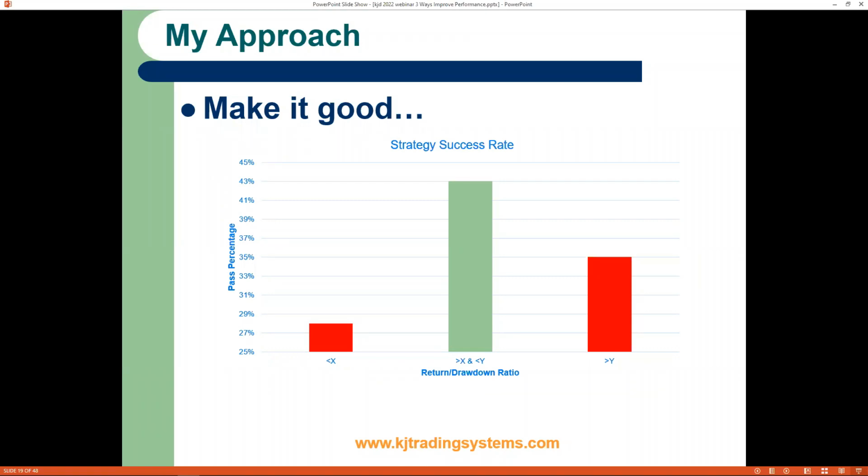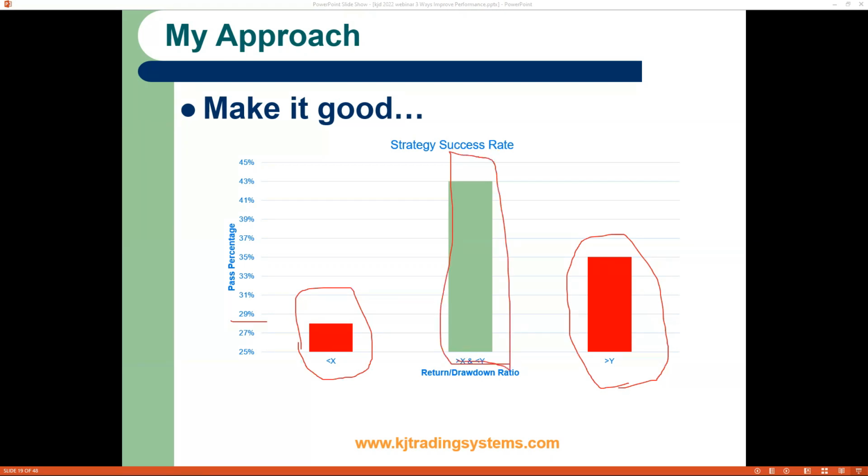So you want to have it something good, but if it's too good, it kind of implies or indicates you could be overfit. You could have backtested too much. So here's what the data shows. Below a certain threshold value, which we'll call X, right here, you get about 28% of your strategies to pass. And if it's above another, higher value, we'll call it Y, you get about 35% of strategies to pass. But if you're in between X and Y,